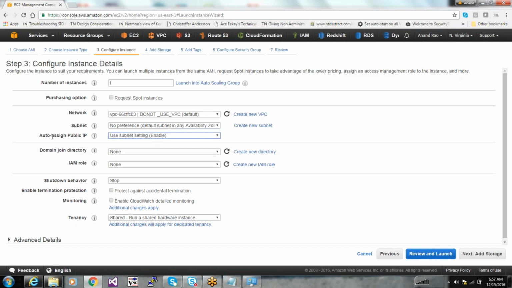This means that when you say auto assign public IP, you'll be getting a public IP. When you get a public IP, you will be able to access it from the internet. So please try to understand the differences between a public IP and a private IP. Shilpa, do you understand what a public IP and a private IP is?